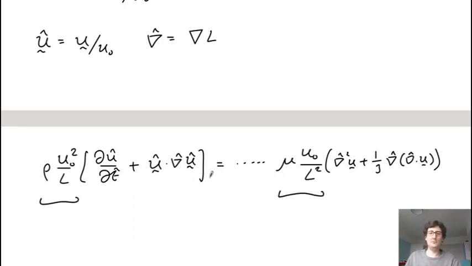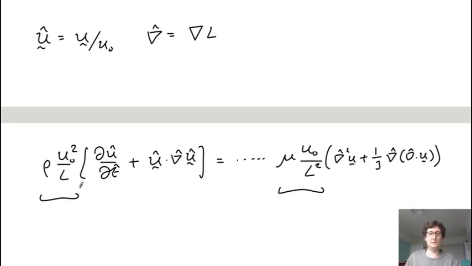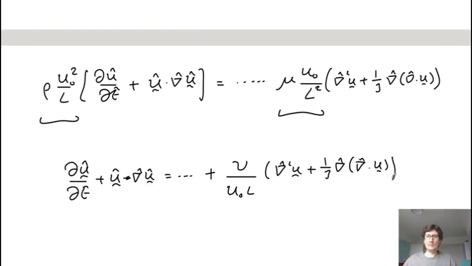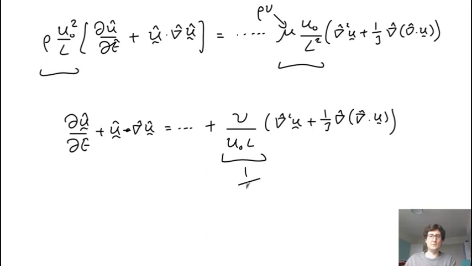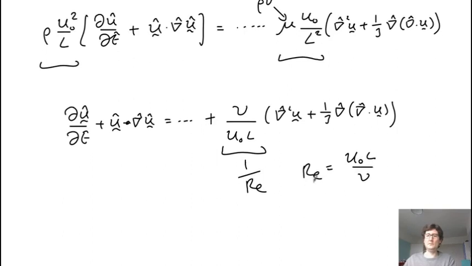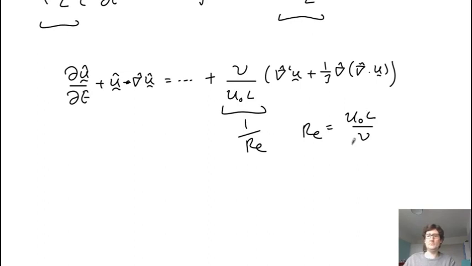And so you can divide through by u0 squared. We can multiply through by L and divide through by rho. And we end up with a dimensionless equation, and we're just left with this quantity here. This nu is the kinematic viscosity, so I've just expanded this as rho nu, and then cancelled the rhos on both sides. And now this is 1 over the Reynolds number, where Re is u0 L over nu,